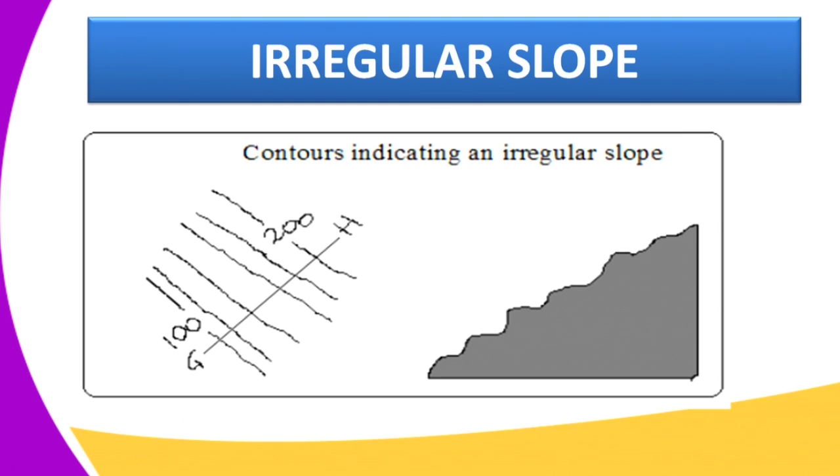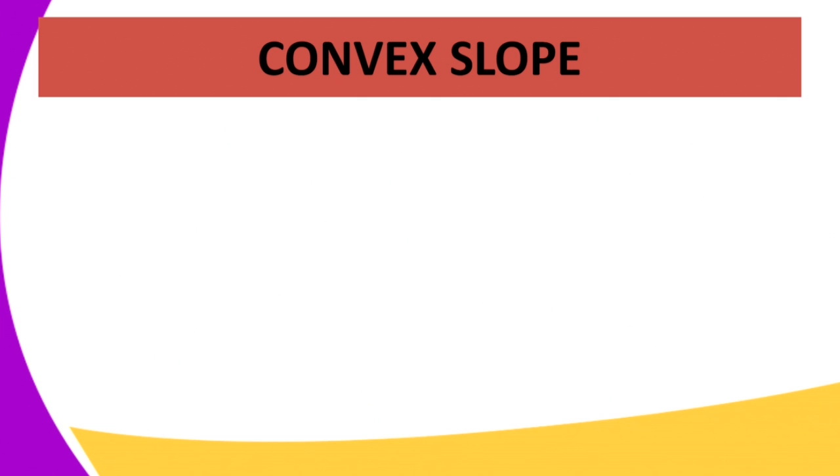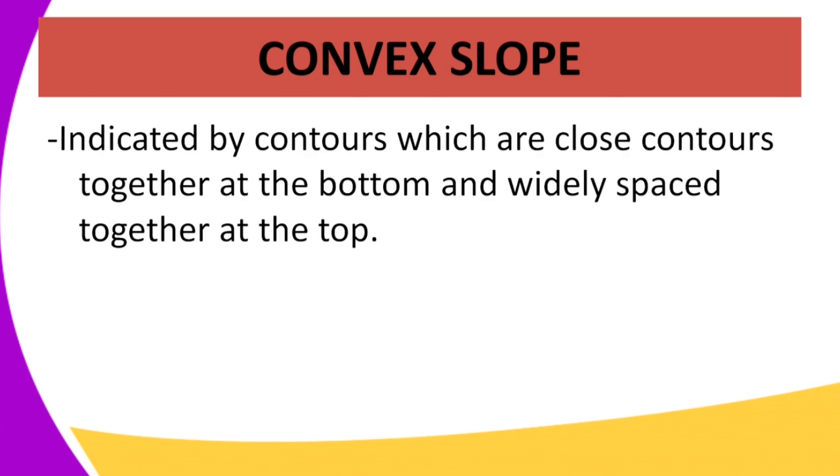An irregular slope. Irregular slope is the opposite of regular slope. So in the irregular slope, we have the contour lines almost resembling that of the uneven slope. It is just the same, whereby we have the contour lines coming close to each other, and in the middle part of it, the contour lines are wide apart from each other. So they somehow resemble that of the